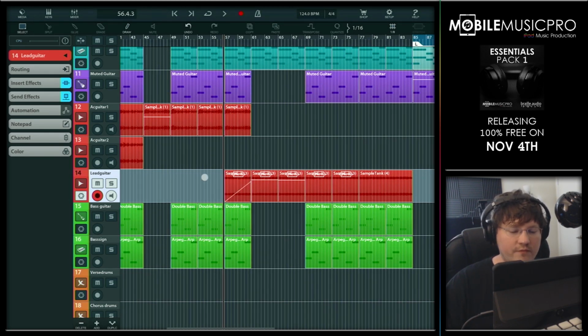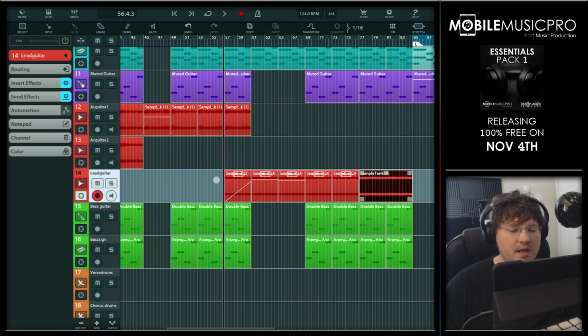Now, in addition to our filter, we're also automating the volume here with a fade-in effect. Now, this isn't exactly automation per se, and doesn't actually live in our automation tab over here. Rather, Cubasis allows you to fade in and fade out any clip by simply adjusting the grip lines on the bottom and right-hand side. We can demonstrate that really fast by tapping on any one of these clips here, and you can see you can adjust the grip down by pulling the volume down, and then you can create a fade-in effect by pulling the left grip to the right, or create a fade-out effect by pulling the right grip to the left. So let's reset this back now,